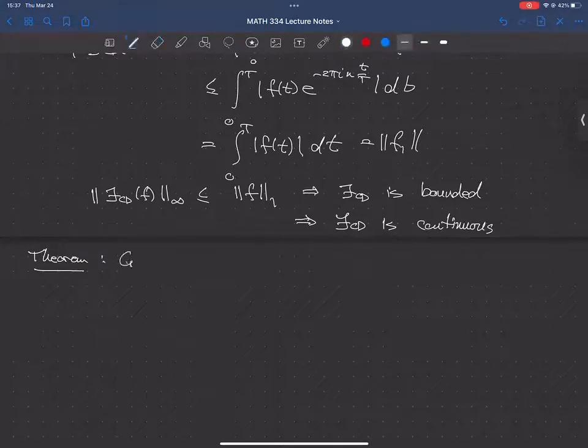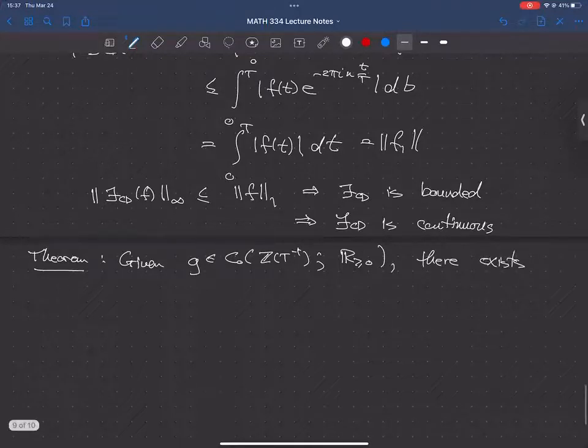Okay, so given a G, which decays to 0, on the sampled frequency domain with sampling interval 1 over t, and I'm going to take G to be some non-negative function, because I'm going to be just thinking about absolute values here. And I know nothing about G except it goes to 0. So anything that goes to 0, it can go to 0 very, very slowly. So given a G like this, there exists